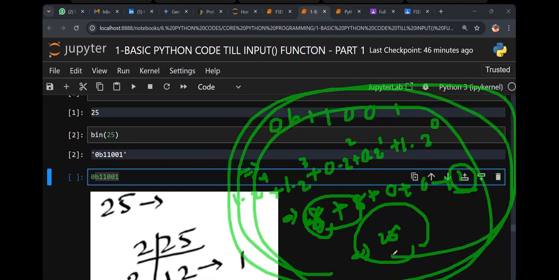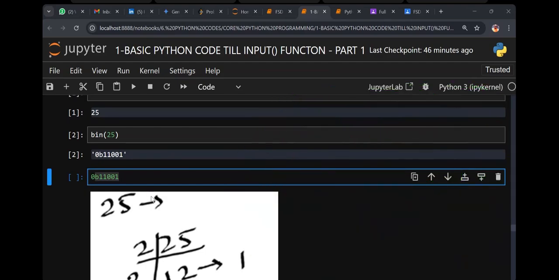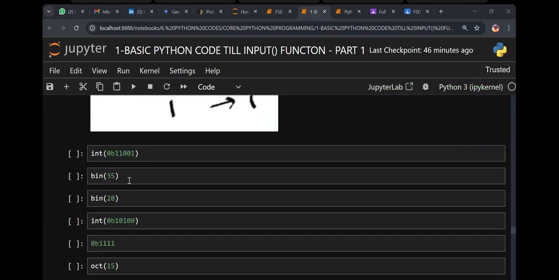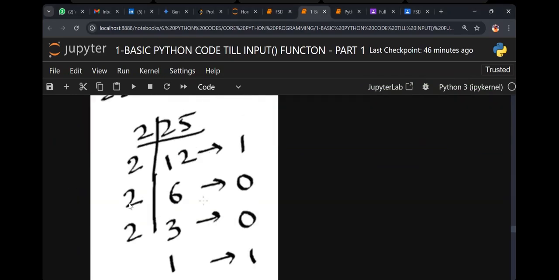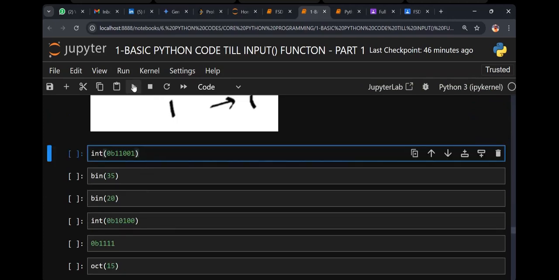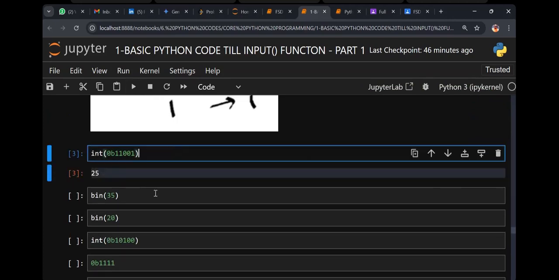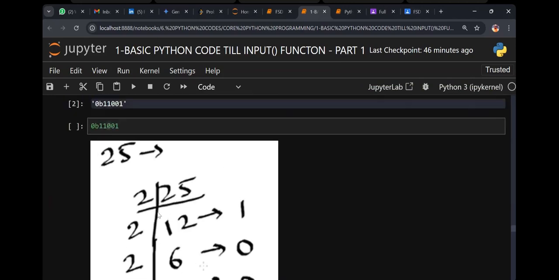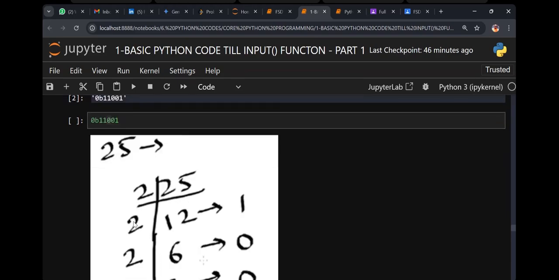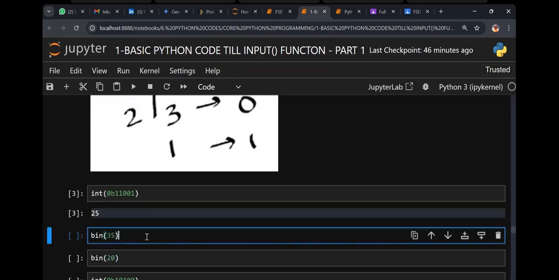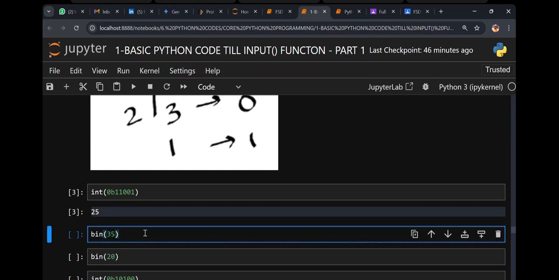So, concept clear? Now I'll tell you where we use it in real time. The same thing. If this is one way we got it, but if I convert into 2, can you write this code? 0B1101. Can you check this? 25. Okay, do you see this, guys? Today, binary is clear. Are you clear on binary? If I tell you, take pen and paper: in 35, what is the output we get? Can you solve it? No, don't execute, to be honest. 35. How do you know this? 0B.